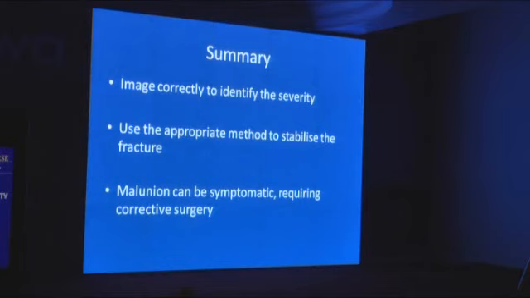So in summary, if you see them properly, by imaging them in either the full pronated or the full supinated view, you can make out what you're looking at. Then you must also immobilize it in such a way that it is congruent and stable. And you must correct the malunions, because they can be pretty painful. And if there's a step, you need to do an intra-articular osteotomy and correct it, which is a little more difficult.